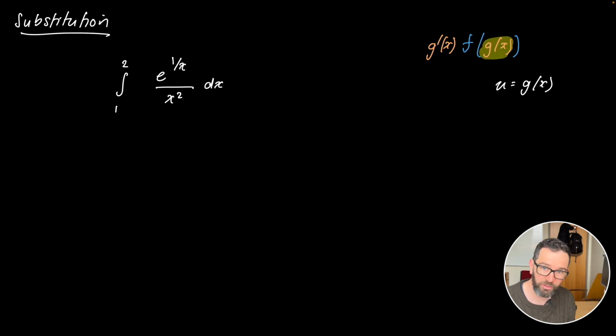And it could be buried inside a whole lot of other operations. But what you want to see is its derivative multiplied outside of everything. And if you do that, then your integral is going to simplify if you go through the steps of the substitution. So what we have here is, well, my function, let's have a think about what that function